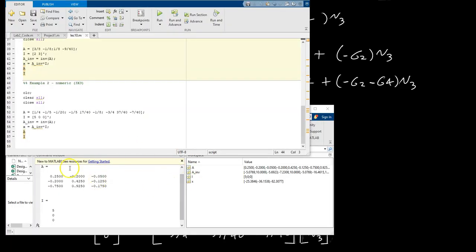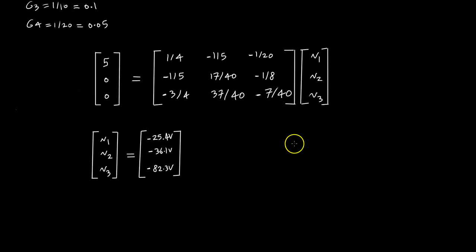Okay, so the results that we get for these matrix equations is that voltage 1 is negative 25 volts, voltage 2 is negative 36.1 volts, and the third one is negative 82.3. Okay, so having verified that we performed all of the linear algebra steps correctly through MATLAB, we're now going to verify that we actually performed KCL correctly in our circuit and arrived at the correct equations to put into matrix form. To do that, we're going to use LTSpice to model our circuit,